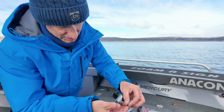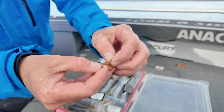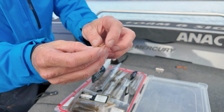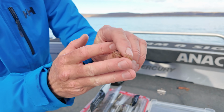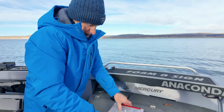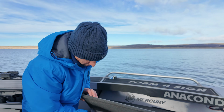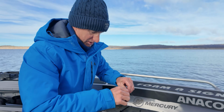So when you get them, you just got to separate that piece there, that piece there, and that there. Now it's going to wriggle, so it's actually got like a wide little flapper there, so that goes like that as it goes through the water. Too many plastics in the box. Throw away. And then I'll show you, I've got a